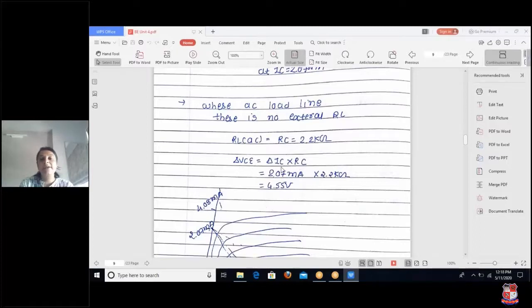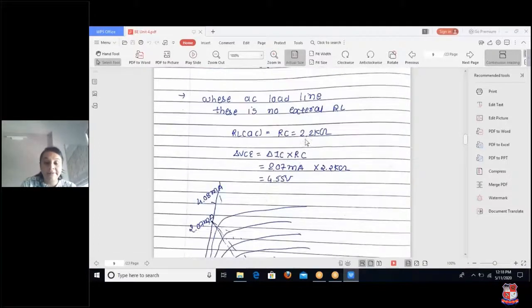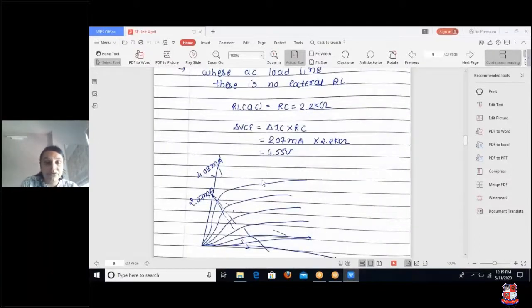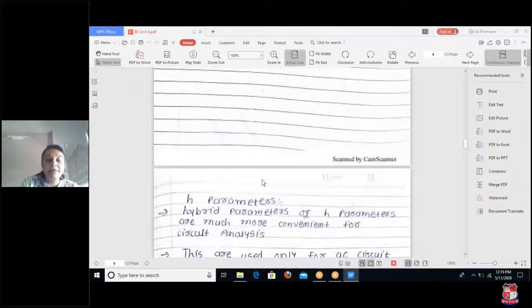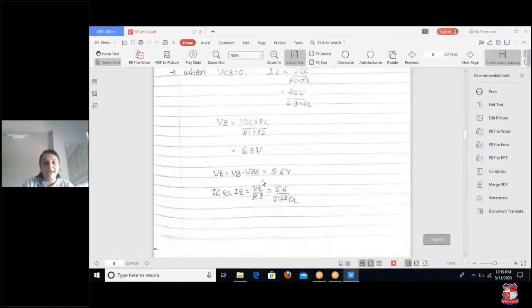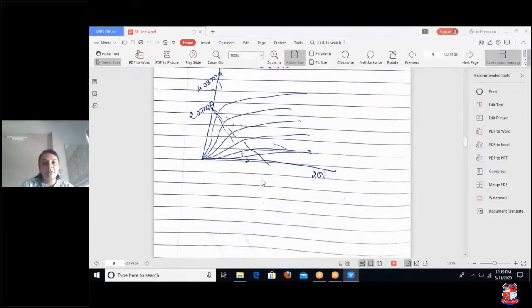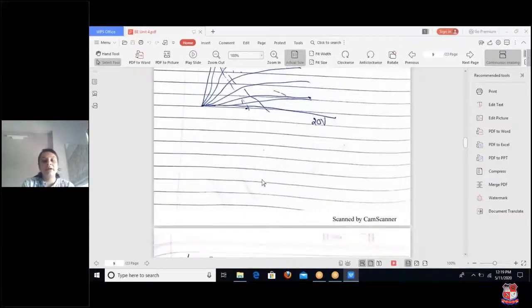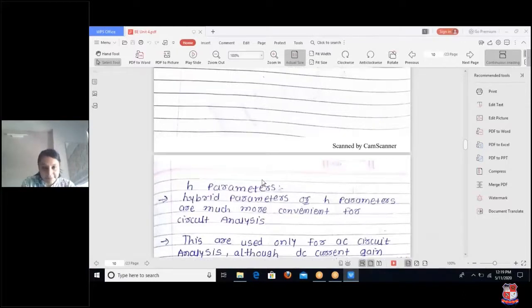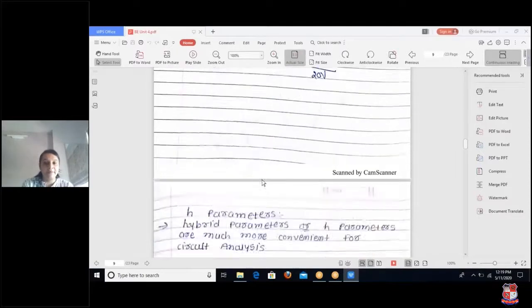And for the delta VBE, your collector current delta IC and RC, which is already found in the Q point. Okay, so it becomes 4.55, right? So also we find the AC and the DC load line from the equation and put the value of collector current and find the two points A and B in a graph.